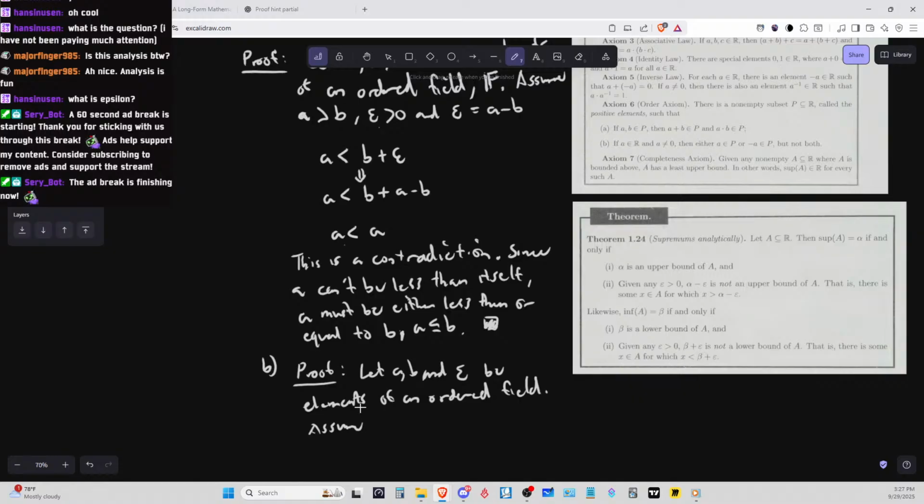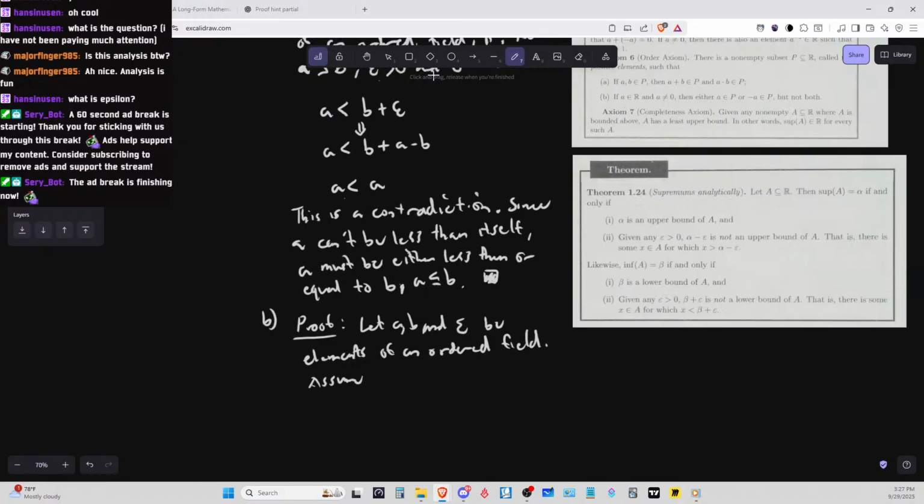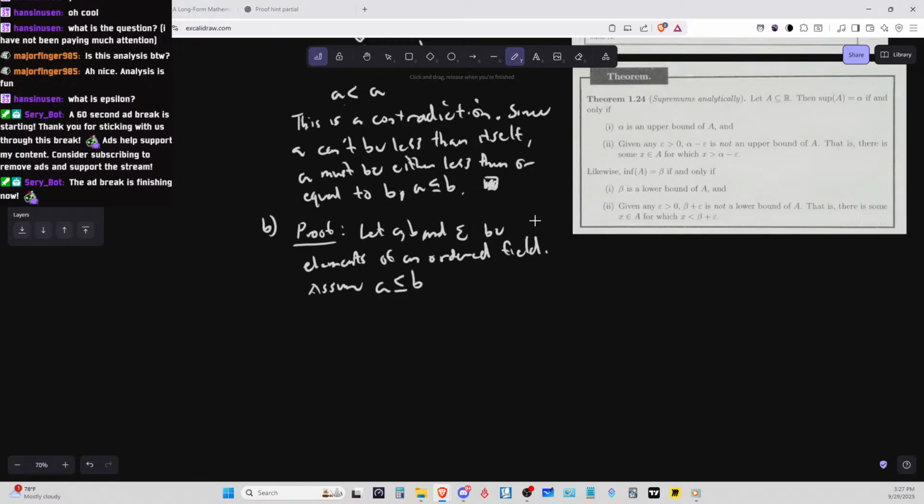Assume A is less than or equal to B. Epsilon is greater than 0, and epsilon is equal to